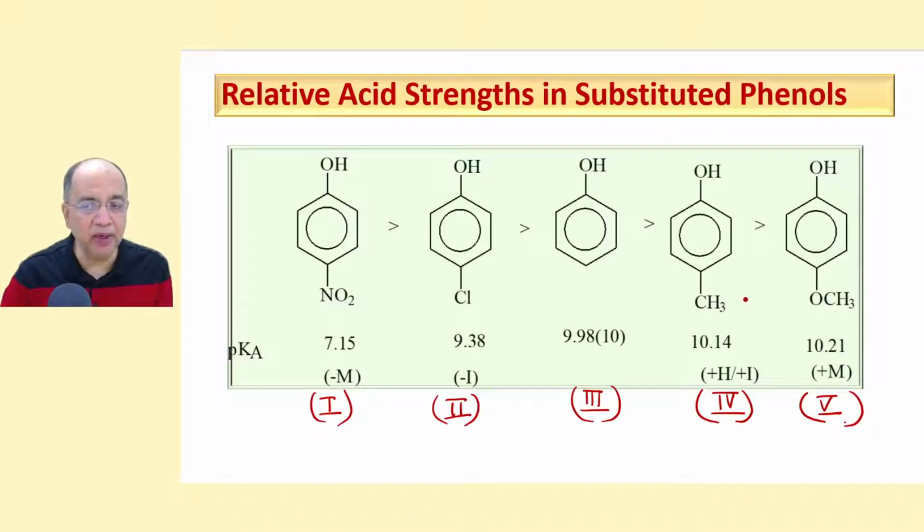And here this is only by hyperconjugation. Of course, there is hyperconjugation. The I effect is minimum because the distance is quite high, but hyperconjugation works like resonance. Although its effect is small because it involves a CH sigma bond, the net effect is less. The electron donating capability of methyl is less than methoxy. Even if this is in para position, the hyperconjugation effect will take the control, and the plus M effect will take the control.